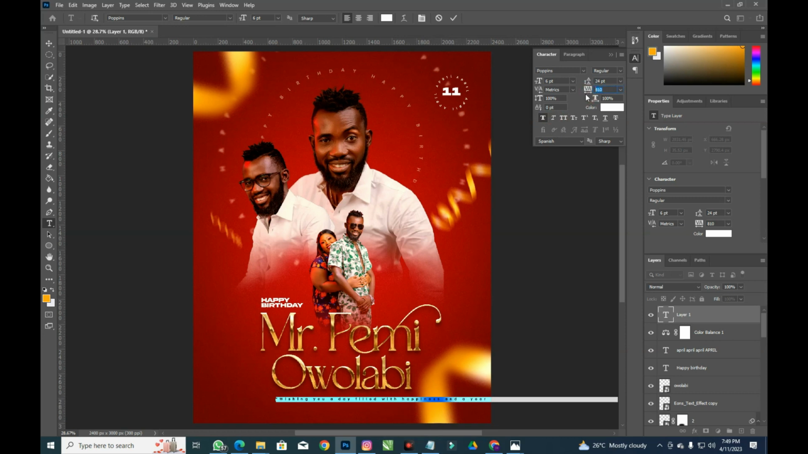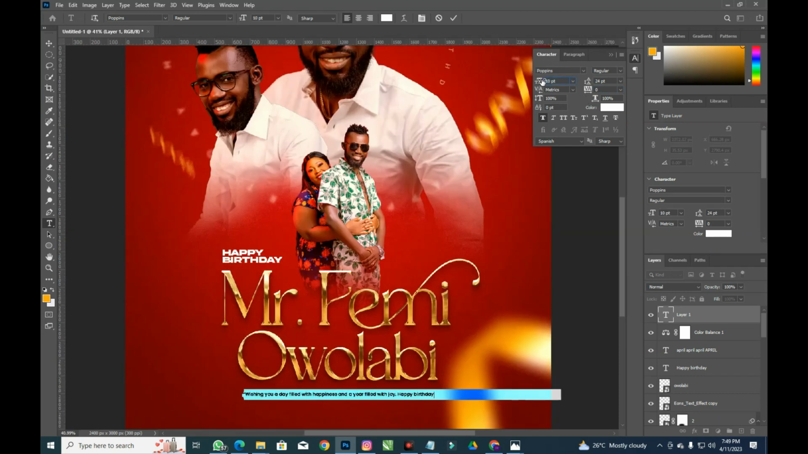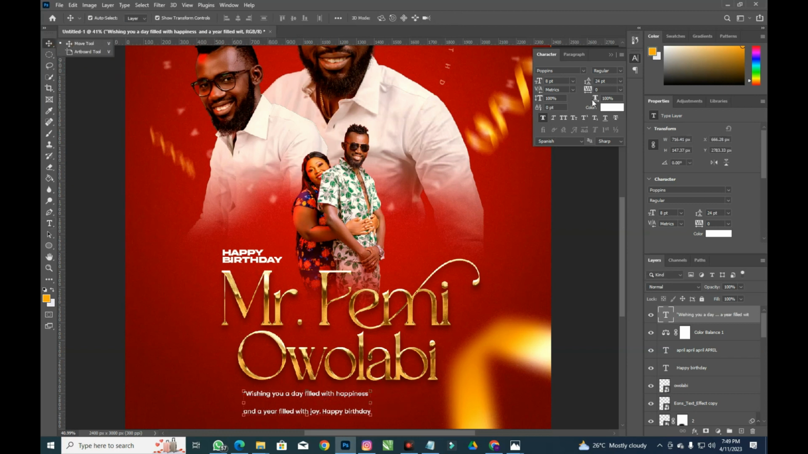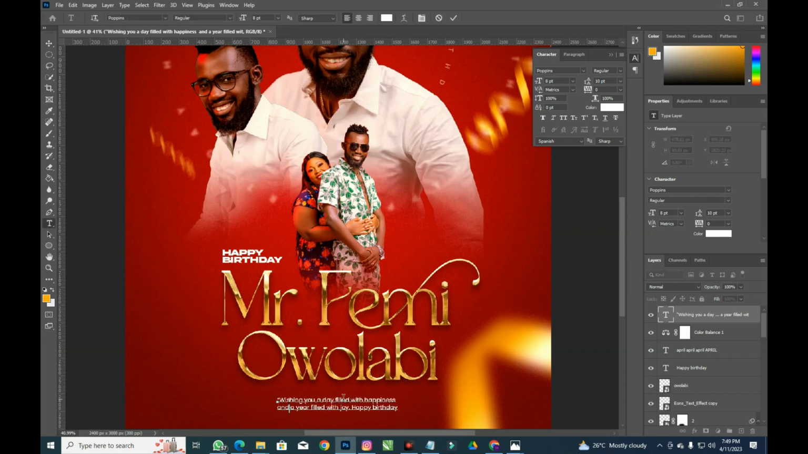Tracking is too much, 0. Okay. Increase the font. All right. Let me reduce this here. And also the text is too bold, I'll change it. Okay, I want to add this down. Okay, I'll probably do this to the text